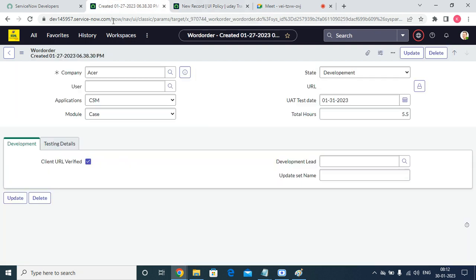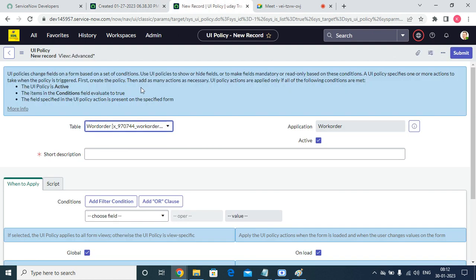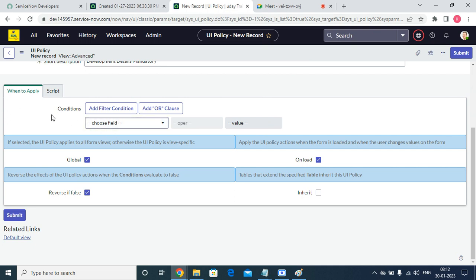So I'm making this development lead, that means development details, mandatory. And here, when to apply